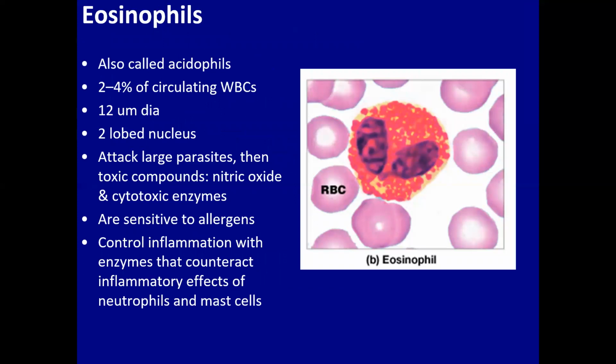Eosinophils are also called acidophils. So this staining on here, as you can see, is for acids. They are also 12 micrometers in diameter. 2 to 4% of the circulating white blood cells, so it's a very small number, are eosinophils. They have a 2-lobe nucleus, as you can clearly see, and their job is to attack large parasites, but they're